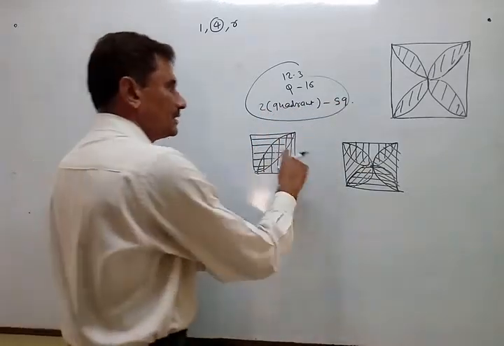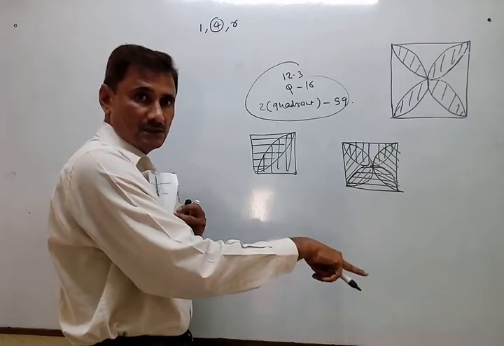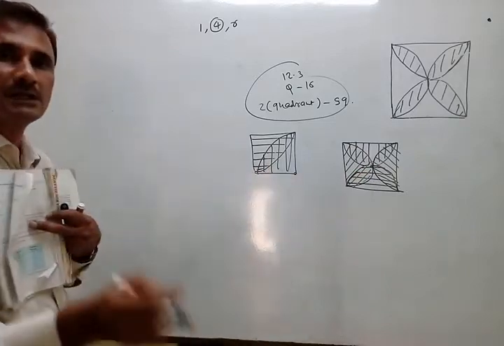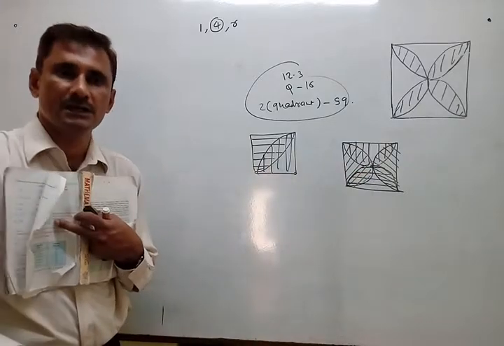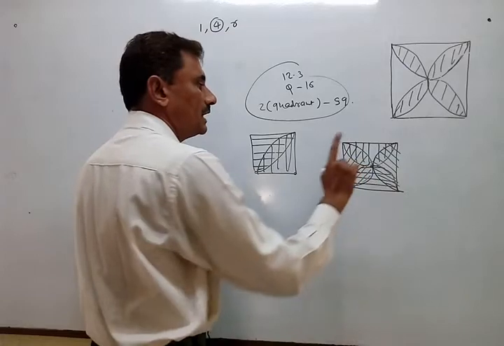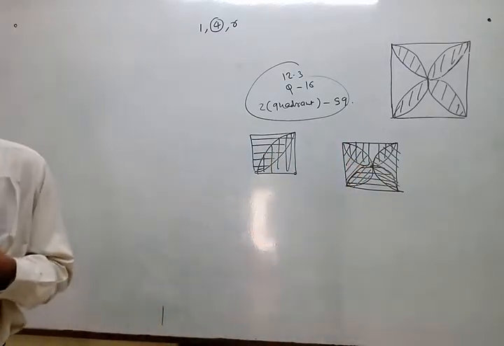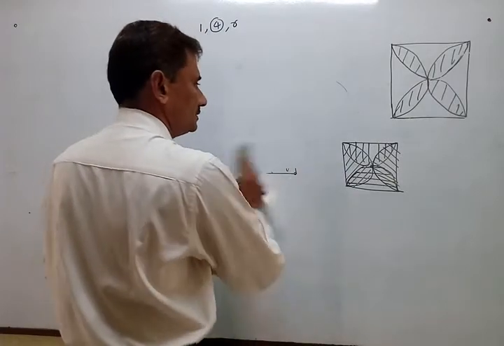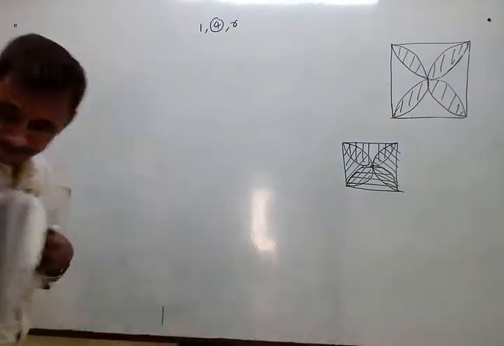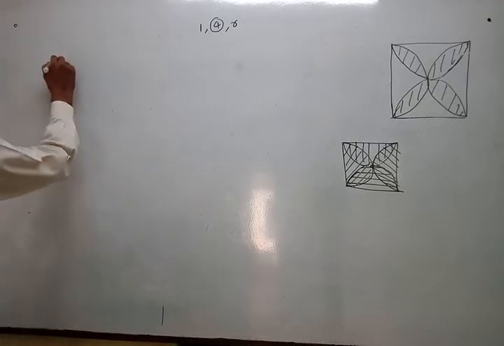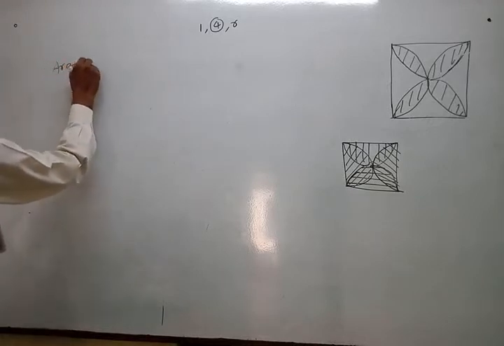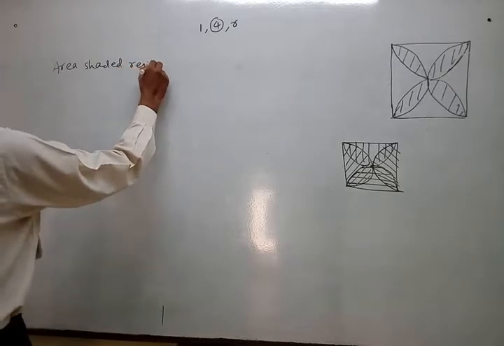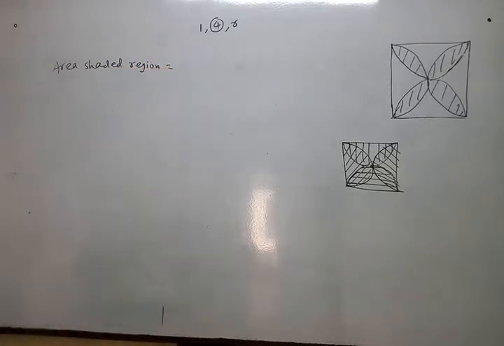Here, the same way, not quadrant but 4 semicircle. Instead of 2 quadrant, here are 4 semicircle. Out of 4 semicircle, if you remove one area of square, then automatically this repeating part will be left. Okay, so we are solving in quite a different way than their solution. So directly we answer: area of shaded region equals area of shaded region.